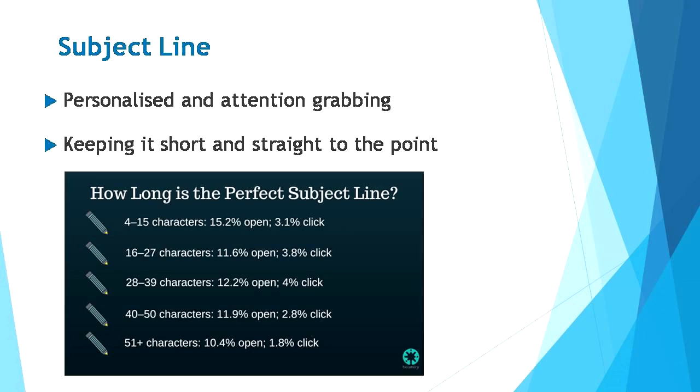You need to make sure the recipient thinks that your message was written specifically for them. So it is essential to make your subject line personal and attention-grabbing at the same time. The easiest way to convince your recipient that the message is specially written to them is by addressing and mentioning the recipient's name in the subject line. This way has been proven to increase open rates by 26%. Keep your subject line short and straight to the point as well because readers in general do not click into a message with a long subject line. Take a look at this statistics whereby you can see what should the ideal number of characters your subject line